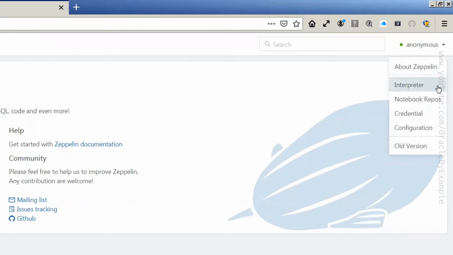The first thing I would like to configure is Cassandra and Spark interpreters. I will click on interpreter option here.